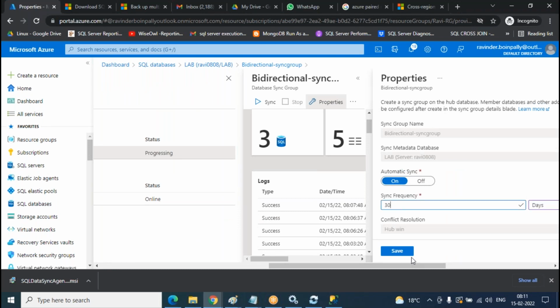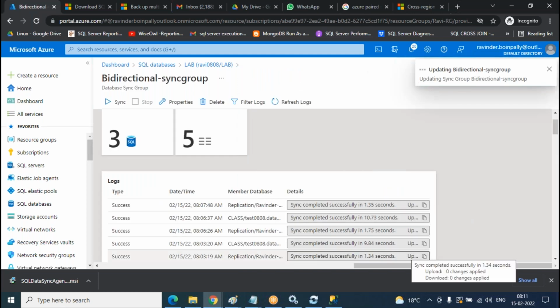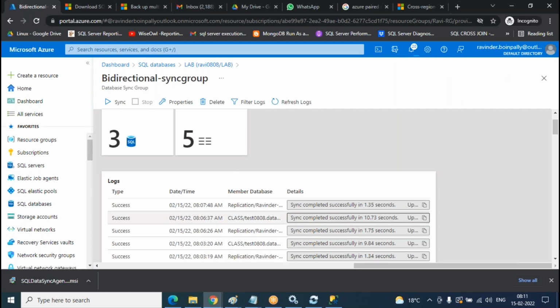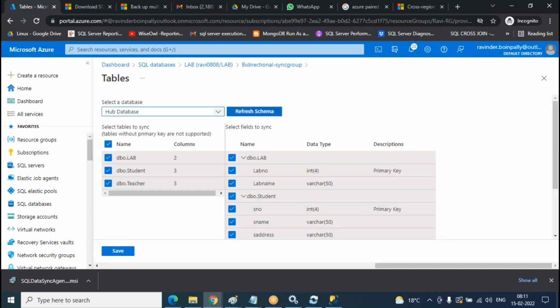That's it. It will sync the data every month automatically. I don't need to do any more. I initialized first. I'll go to here. I'll select the on-prem database, refresh the schema, save it. It does the installation entirely. Once the installation is done,